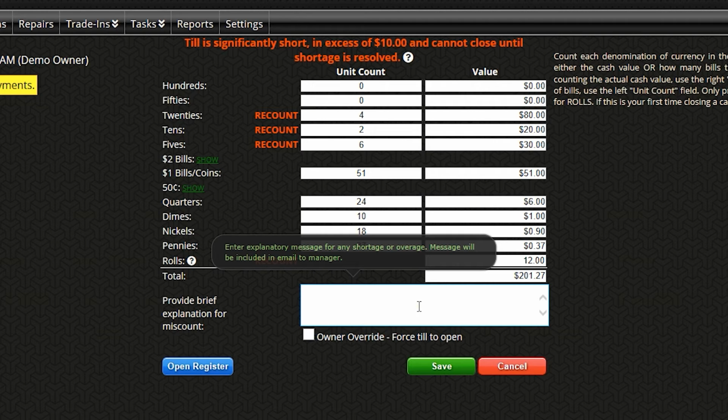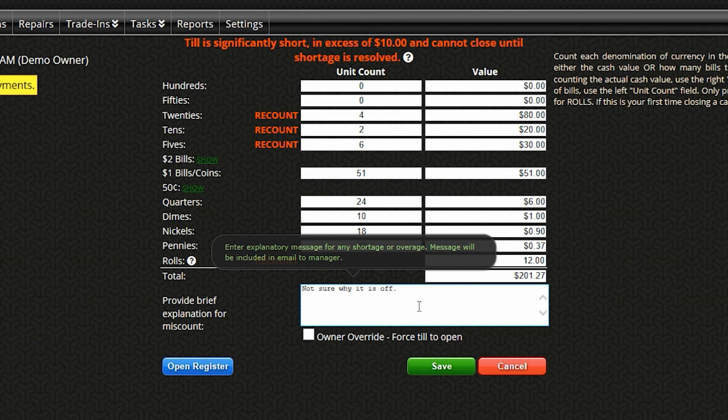Don't worry, a till that is short or over will not negatively impact the following till that comes after it. Once you have given the POS the same count twice in a row, it will accept the count you have given it, even if it is off by a large amount. Of course, if the till is off, that is still a problem, but the investigation into why the till is